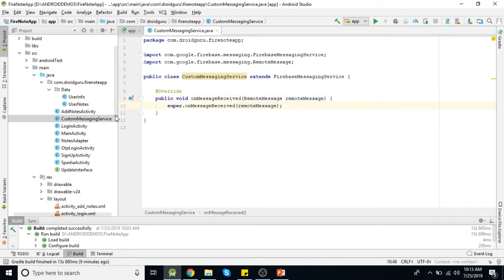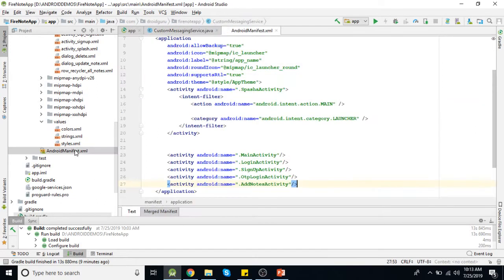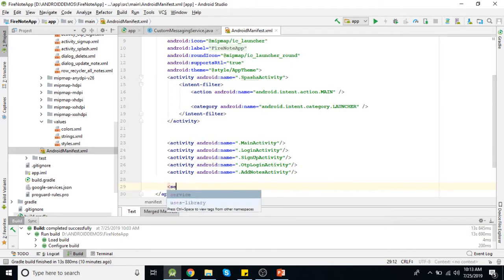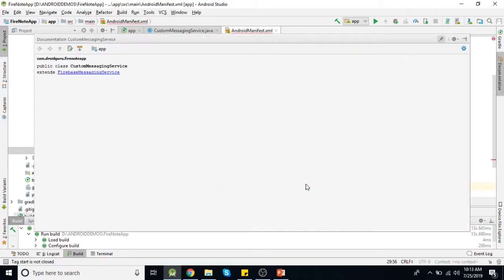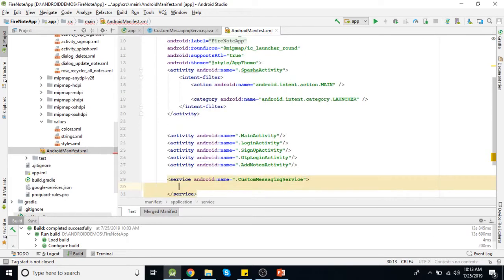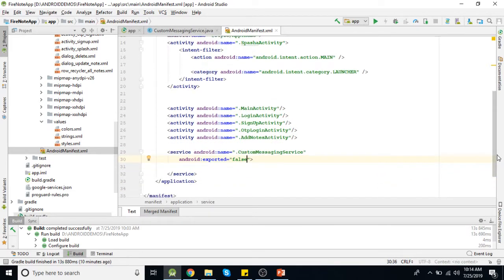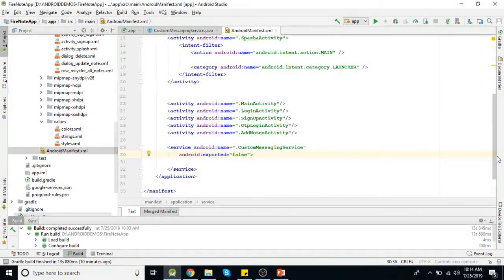So first we need to make an entry of this service in the manifest file. Say service CustomMessagingService, then the exported attribute should be false. What will happen here is, when you configure your message from the Firebase console and send that notification, then this service, or this method of the service, will be called.